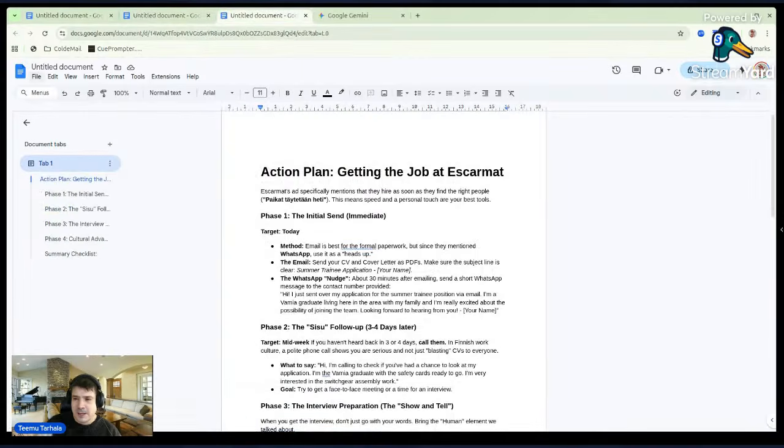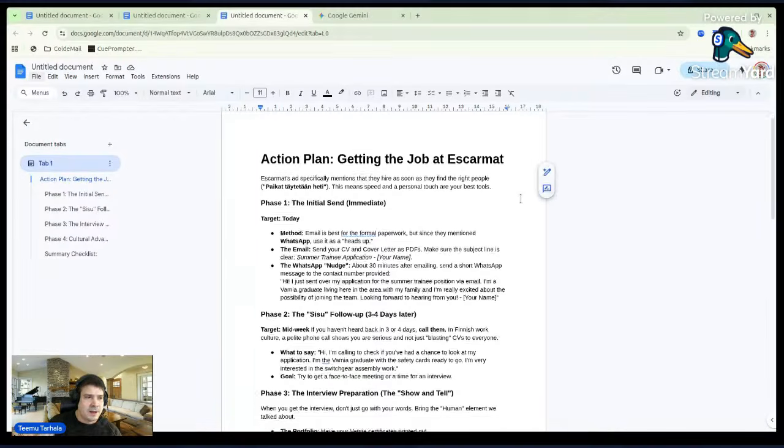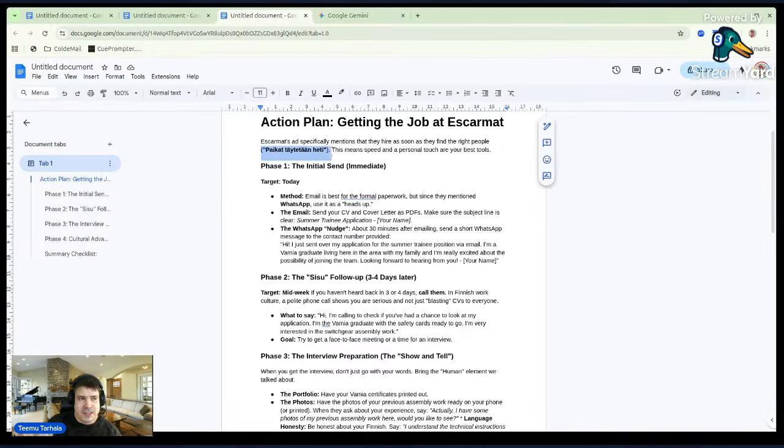Then the action plan. And here we also had a little cheat sheet. We used AI to create a plan because, again, in the job application where they describe the process, they gave us a lot of good hints. First of all, they mentioned that places are filled straight away when they find good people, good matches.